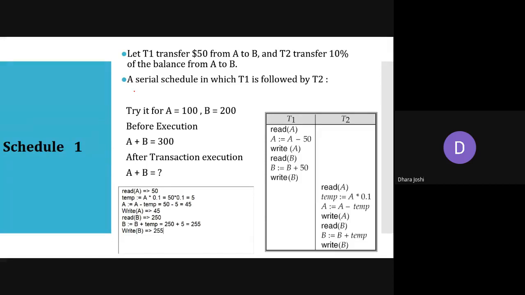Okay. So this schedule 1 is a serial schedule in which T1 is followed by T2. That means T1 will be executed first and after that T2 follows T1. So it is called a serial schedule. Okay. The next one,